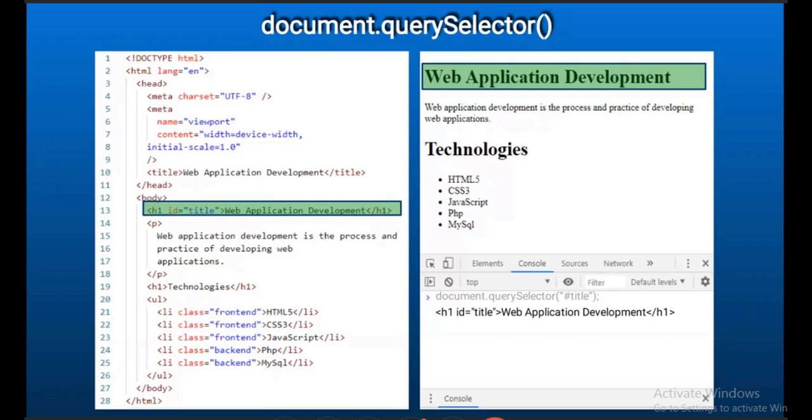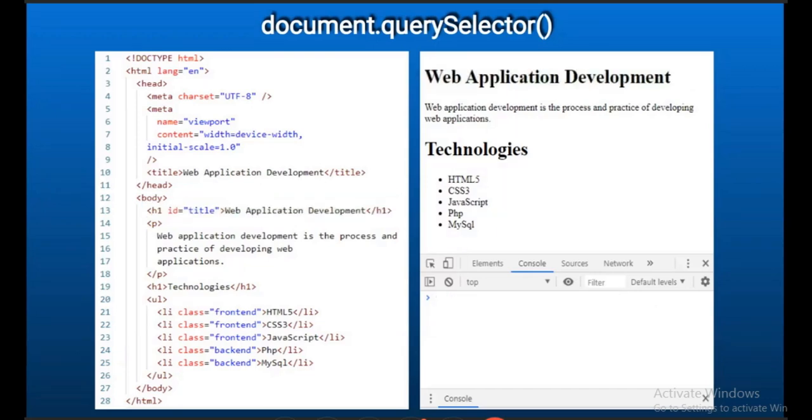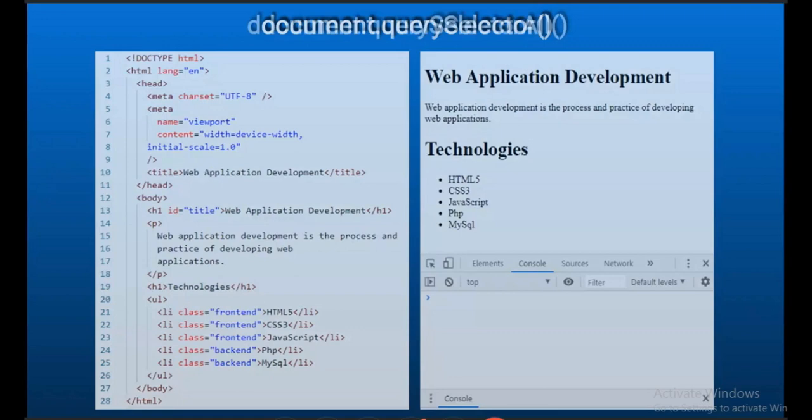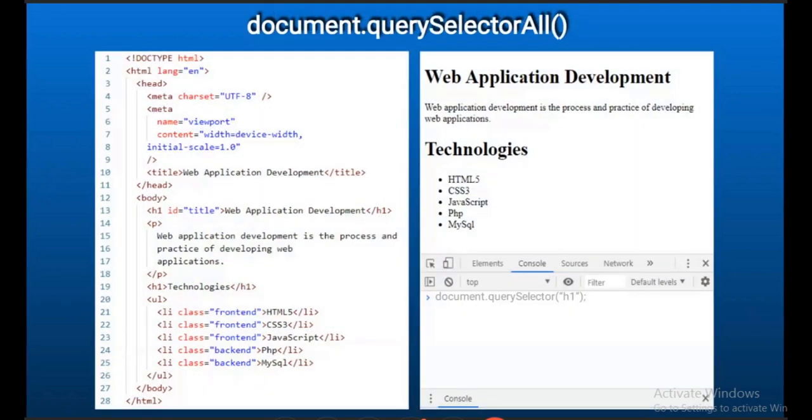Okay, we will see document.querySelector. If we give document.querySelector of h1, you can observe that there are two h1 elements. One is at the top, and one is at the bottom, before that UL element. Let's see what happens if I just give document.querySelector h1. Then only the first element of the type h1 will get selected. Even if there are two elements, only the first element gets selected. So that is an issue with document.querySelector.